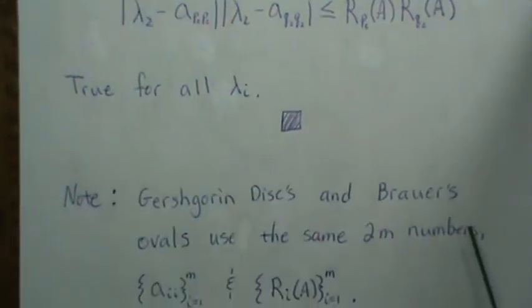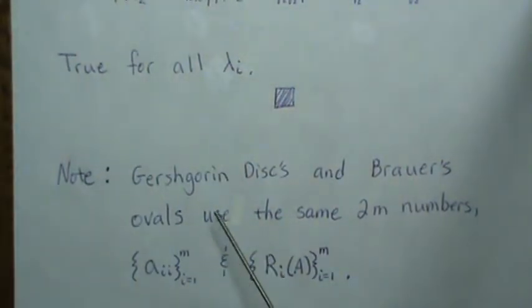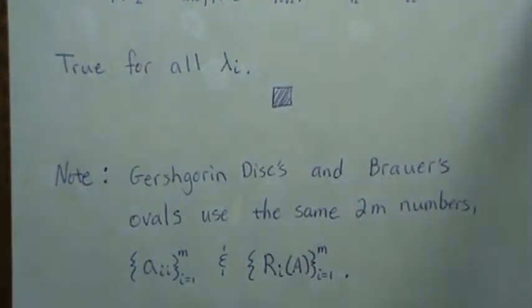So now here's some interesting notes. In part 4 of this series, we looked at Gershgorin discs, and here we looked at the Brauer's ovals. And they use the same 2m numbers. They use the m diagonals and then the m row sums, Gershgorin sums. And then they come up with a method to estimate the spectrum, or the eigenvalues. So which method is better? Well,